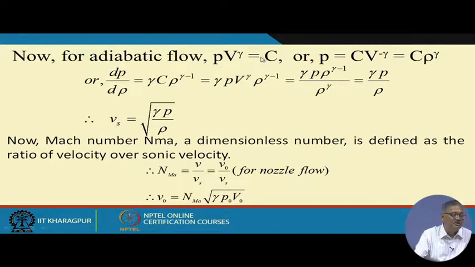We can also write that P is equal to C V to the power minus gamma, that is equal to C rho to the power gamma, right. So, we can write that